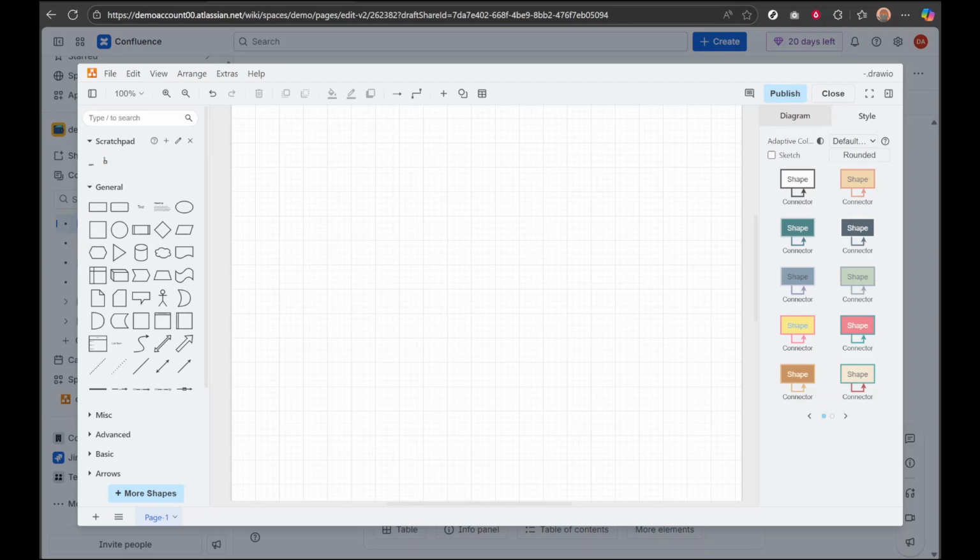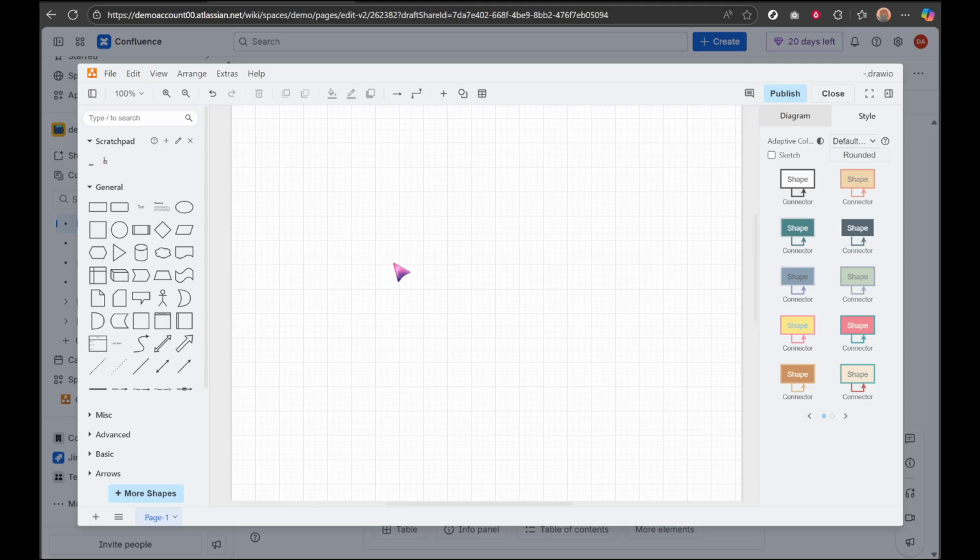In today's video, I'm going to teach you how to add layers in Draw IO for Confluence and Jira. Layers are a powerful way to organize complex diagrams by grouping related elements and controlling what's visible at any moment. This is especially helpful when you're documenting processes, presenting multiple versions, or tailoring diagrams to different audiences across your Confluence